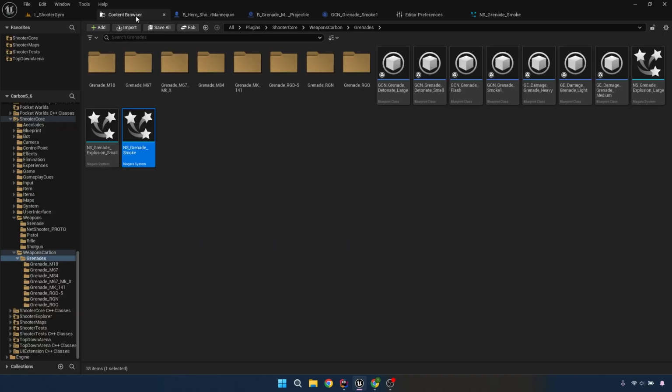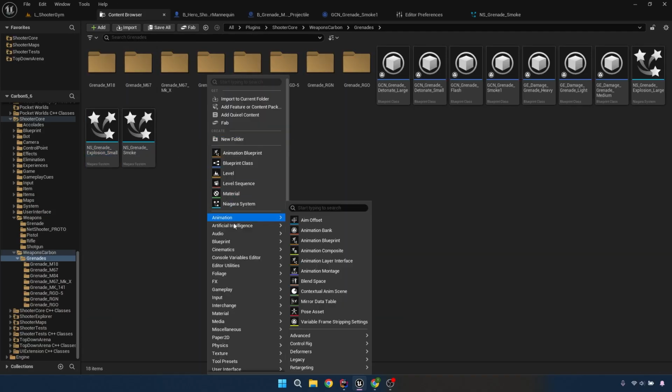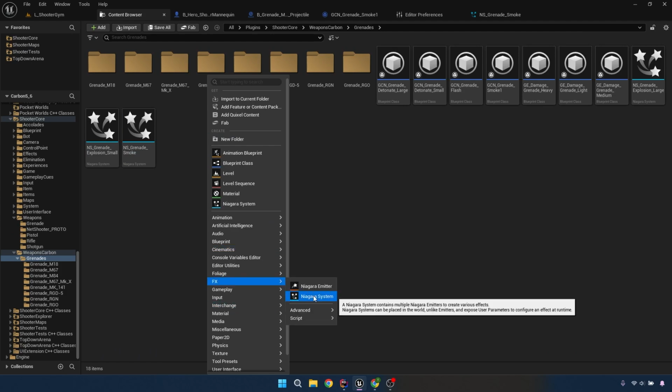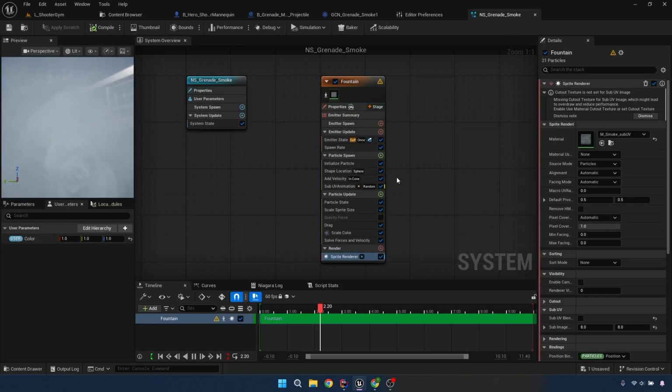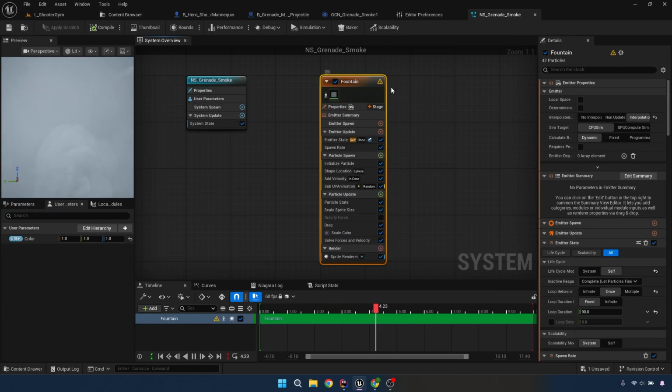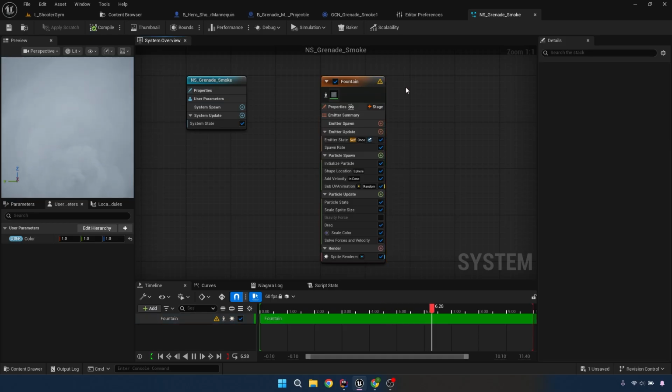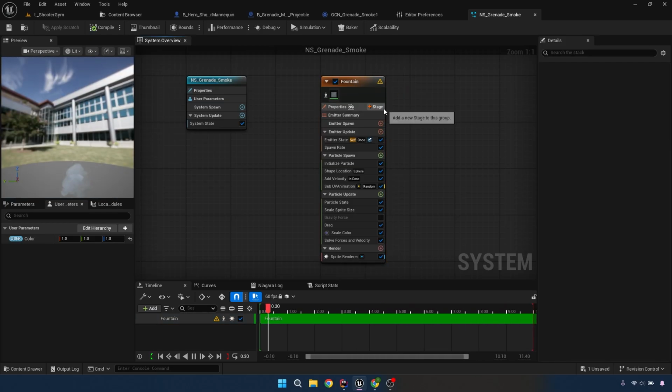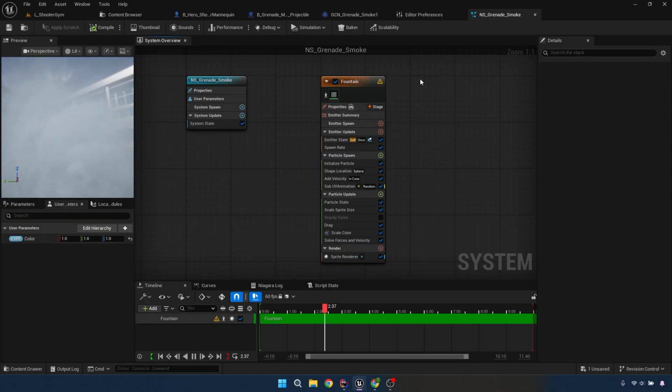So really you can copy one of these. You can just do a new FX Niagara System. Once you have that, open it up. I played around with a ton. You might not like the way this looks. If you have a smoke component that you like, that you think just looks awesome, I was actually playing around